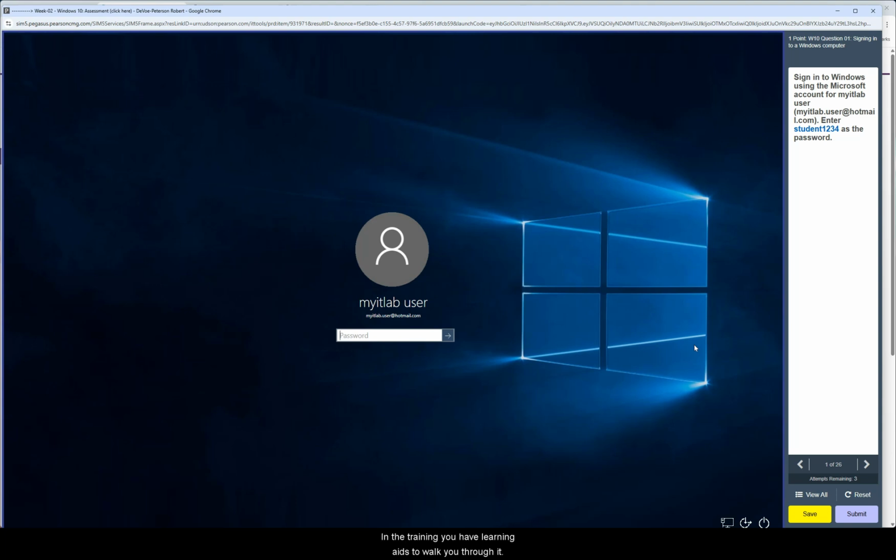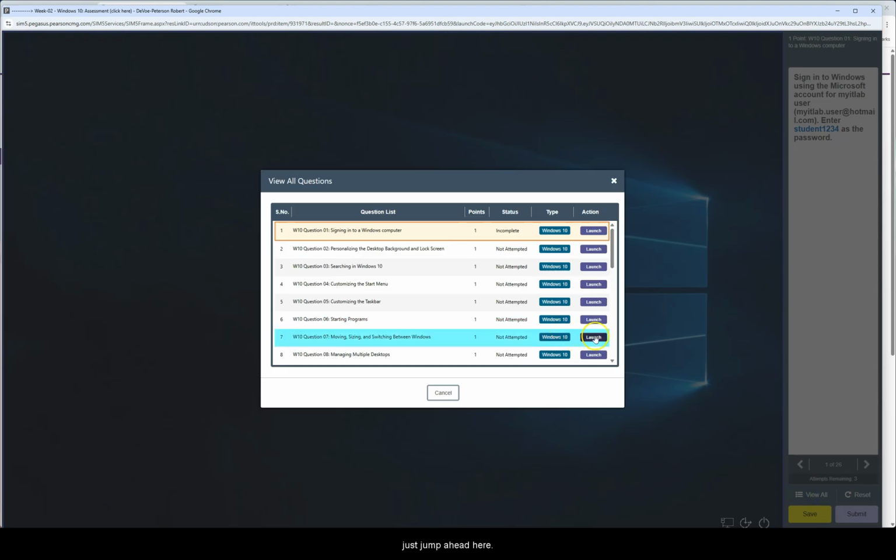In the training, you have learning aids to walk you through it. So you'll complete that, and then you go through and do the assessment. Even though you get a grade for both training and assessment, I only count your assessment grade. So in the course of doing this assessment, if you get stuck on a task, I'm going to jump in here and just jump ahead here. I'm going to launch